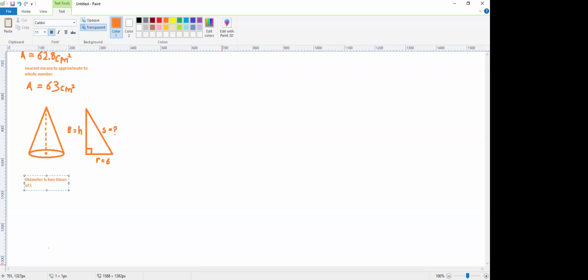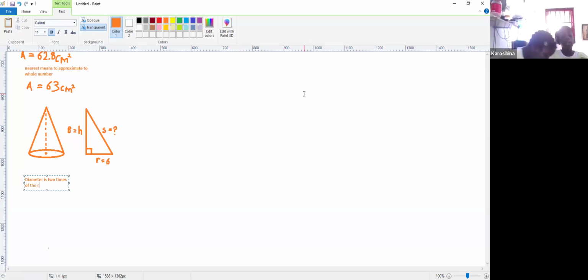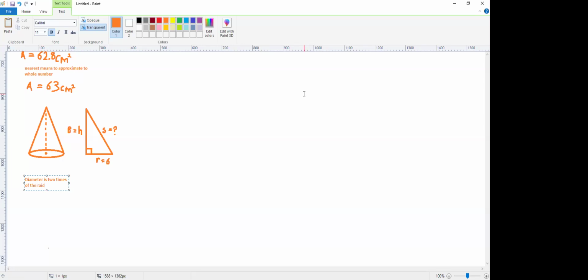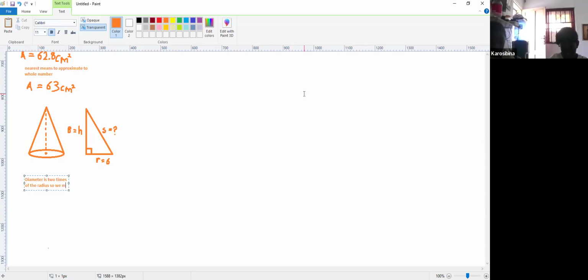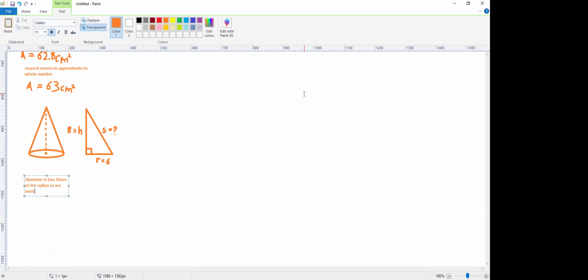Please, can you read your note and tell me what you saw in your note? Is it side 1 plus side 2 or side 1 squared plus side 2 squared? You need to be sure of what you know so that you don't go and say another thing. Don't write this down yet. You write it down when you want to write in your book, so that you will not forget. Diameter is 2 times the radius, so we must divide